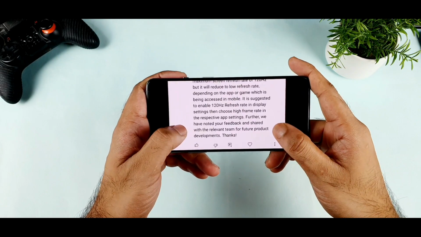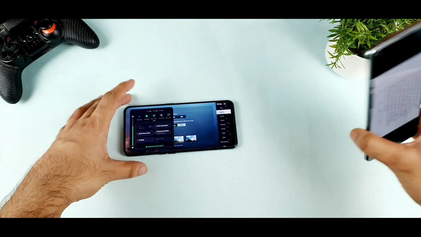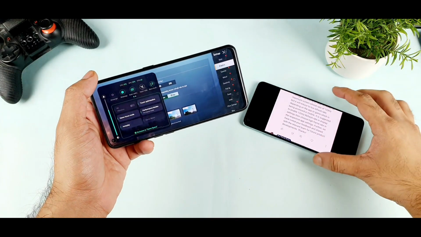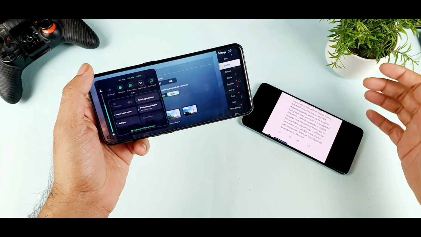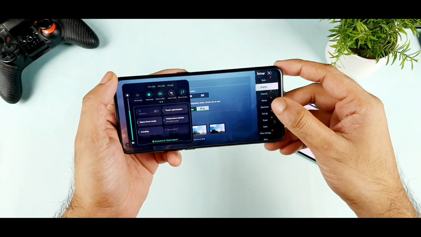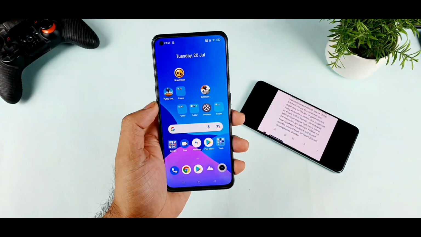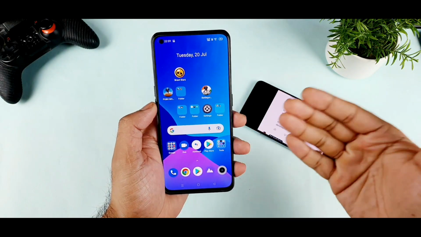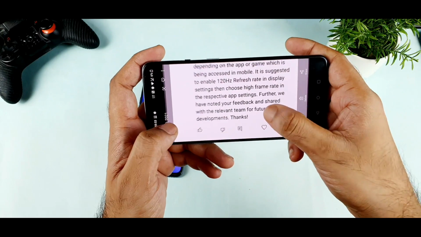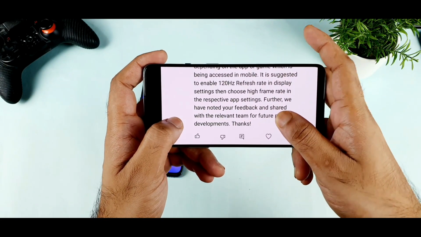Finally, we are getting some kind of response as well. So try to post in the community, friends, as soon as possible, Realme X1 Max users. That is what I can advise you all to do. Overall, the feedback reply was not that satisfactory, I would say. There's nothing much interesting and nothing new, no new settings at all. Everything they said we already did before: using 120 Hz in the display settings and using 90 FPS in Battlegrounds. That is what they said in this comment, using high refresh rate in the respective app settings.